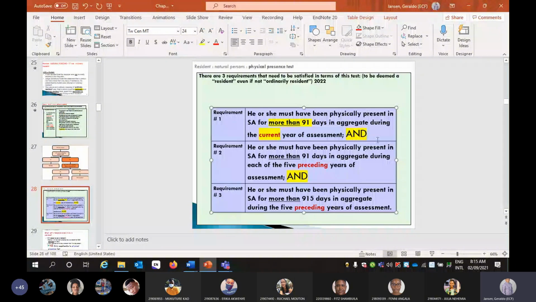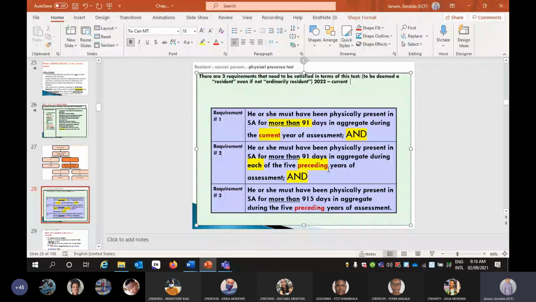He or she must have been physically present in South Africa for more than 91 days in aggregate during each of the 5, and this very important word here, preceding years of assessment. Guys, remember I told you, if we are looking for 2022, then this will be the current year, right? Now, if we go to requirement 2, where we say 5 previous years, preceding just means previous years, then obviously